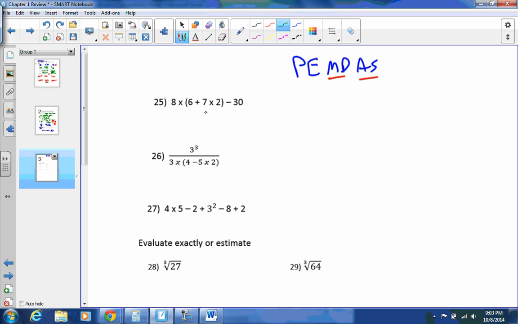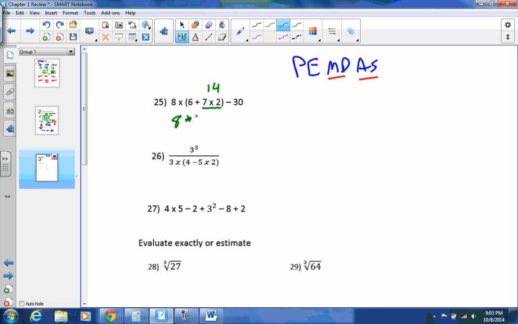We've got parentheses right here. So let's do everything inside of the parentheses. And remember, inside of the parentheses, you do the multiplication before the addition. So that is 14. 7 times 2 is 14. You can add that to 6. You have 8. And then 6 plus 14,